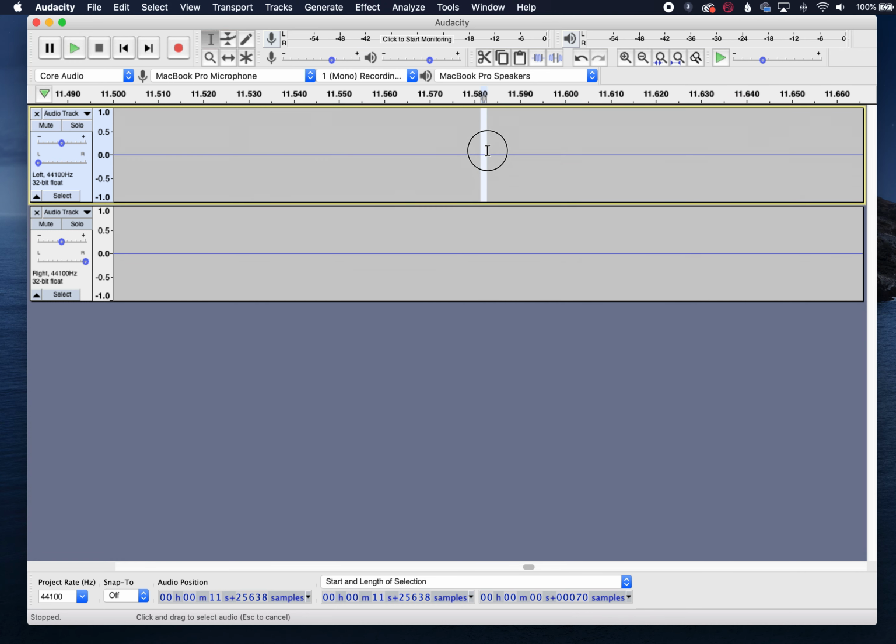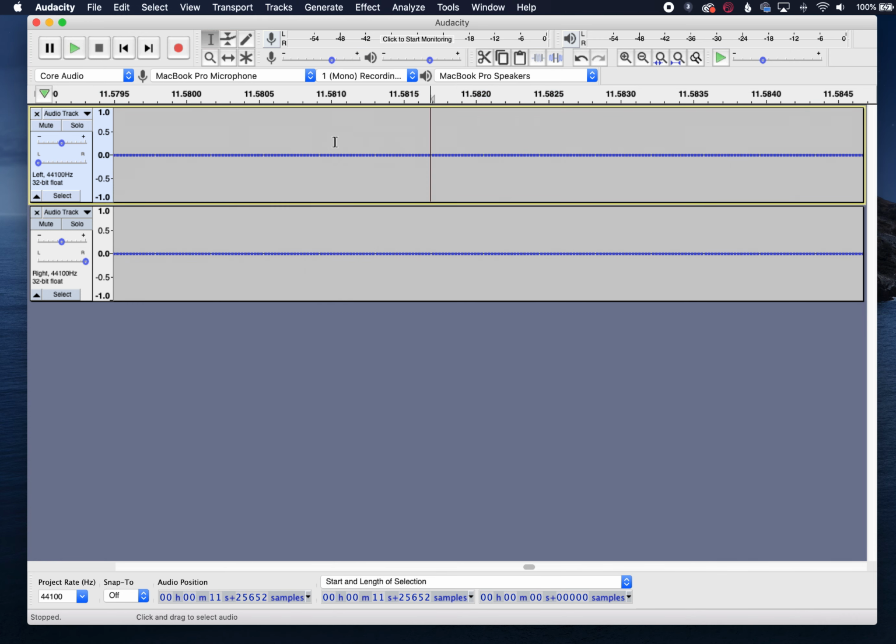I might need to zoom in even farther. And so what I'm doing, I'm looking at the bottom of my window now. I'm at 23, 24, 25, 30. I'm trying to get to 44 samples. Almost there. Okay, so I've selected 44 samples of silence, and I'm going to do just like I did on the earlier